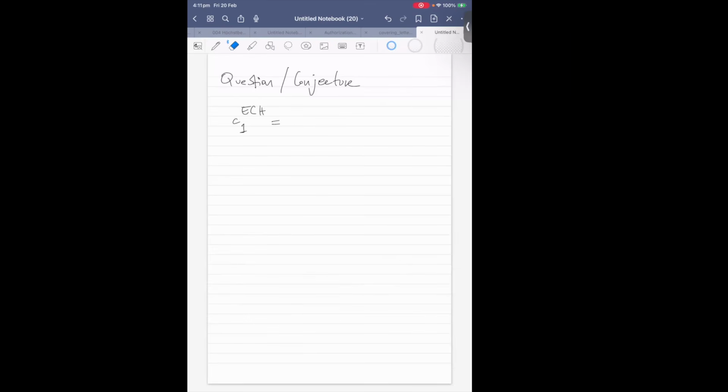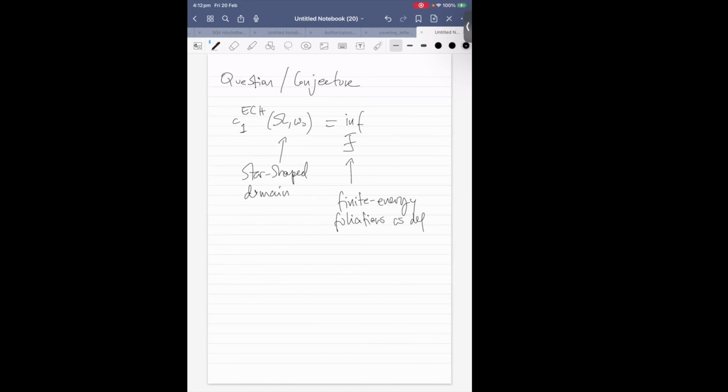At least for a star-shaped domain in R4, one could hope that this is equal to the infimum over all finite energy foliations. These are finite energy foliations as defined